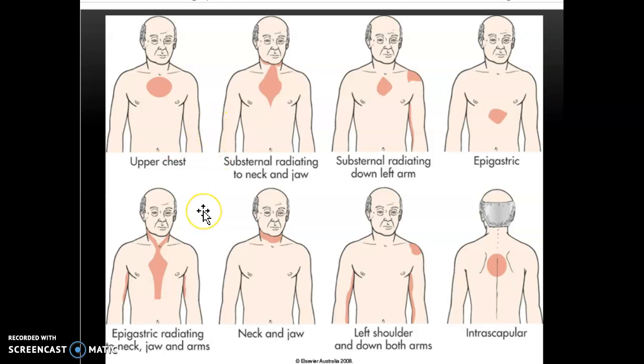This is a graphic of some different ways that chest pain is described. So in nursing notes or in handovers you might see or hear chest pain being described in this way. Upper chest, substernal radiating to the neck and jaw, substernal radiating down the left arm, epigastric, interscapular, left shoulder and down both arms, neck and jaw, epigastric radiating to the neck, jaw and